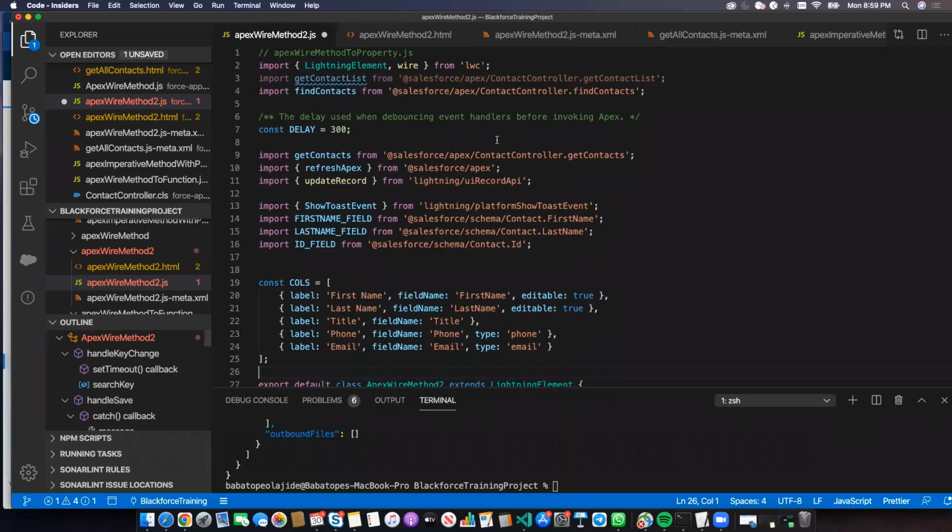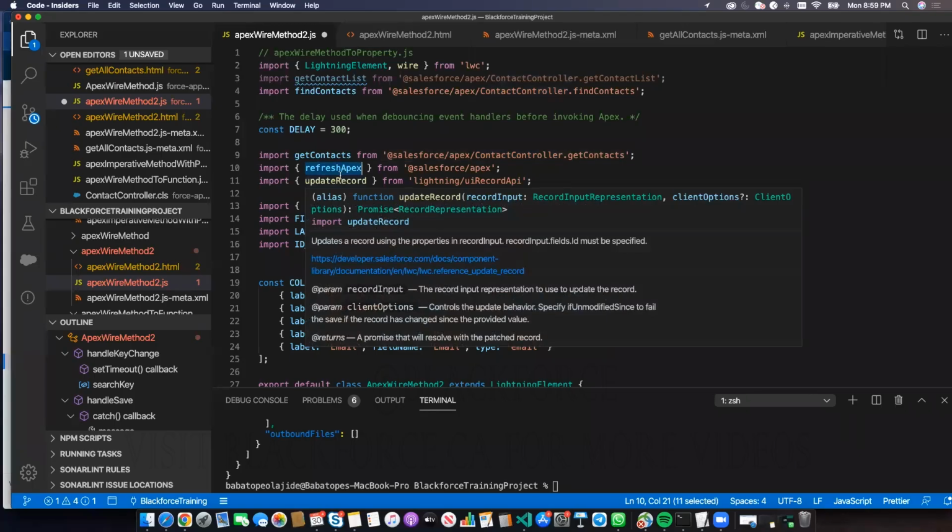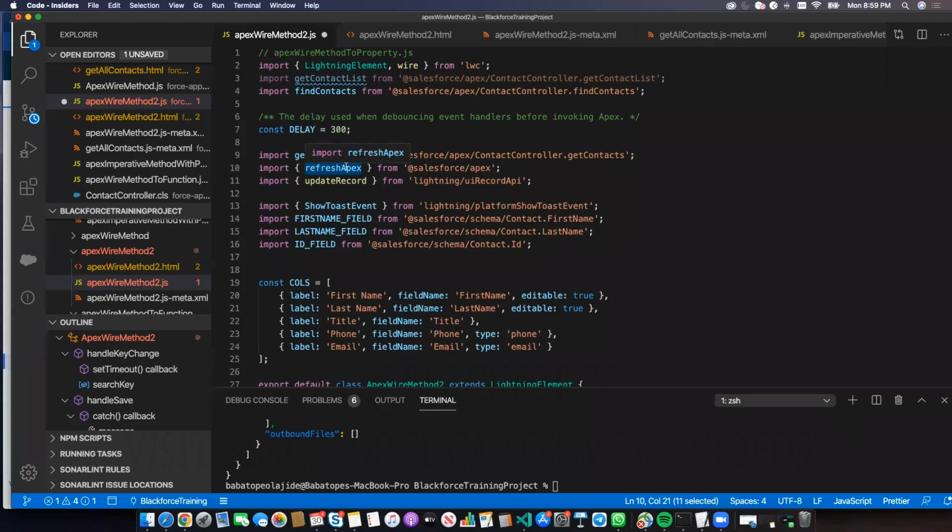Okay, so let's go through what the code means. Get contacts. We already know what get contact means. Basically, get contact is just getting the contacts from your controller. Refresh Apex. One thing about wire Apex is wire Apex would not refresh itself. That means if something changed behind the scene, you will not be able to see the changes immediately. Refresh Apex would ensure that you can see changes that are being made on that component. Update record is